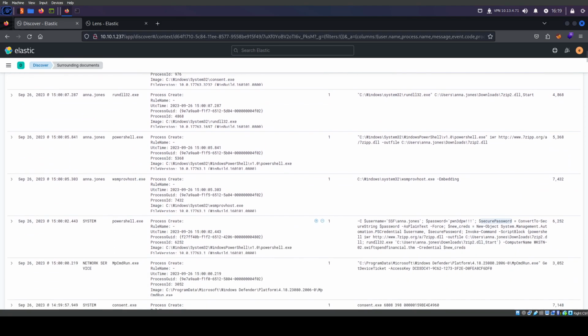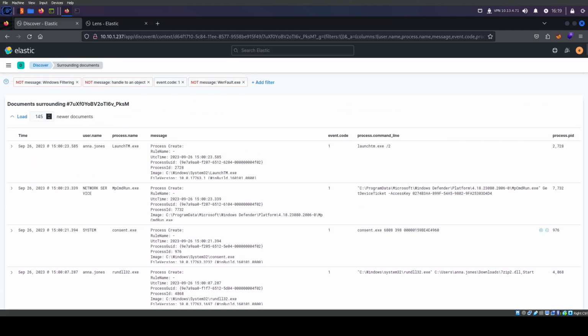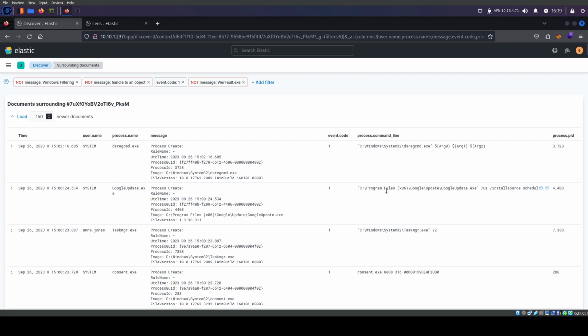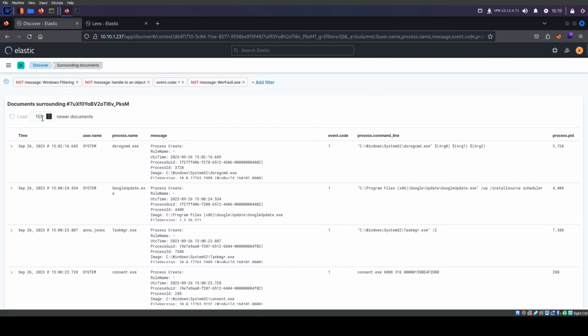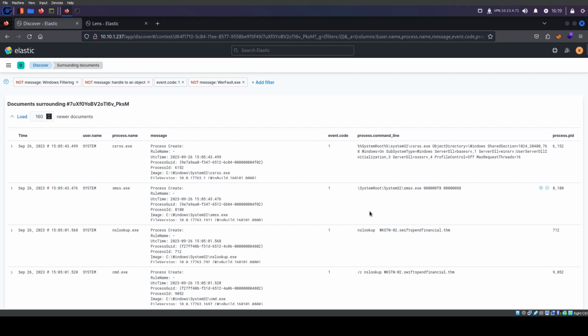No. I think, yeah, it's trying to get new credentials. And at some point, something has to stand out, right? I'm already at 155 documents. It does NS lookup, so we're on workstation 2. Still nothing.